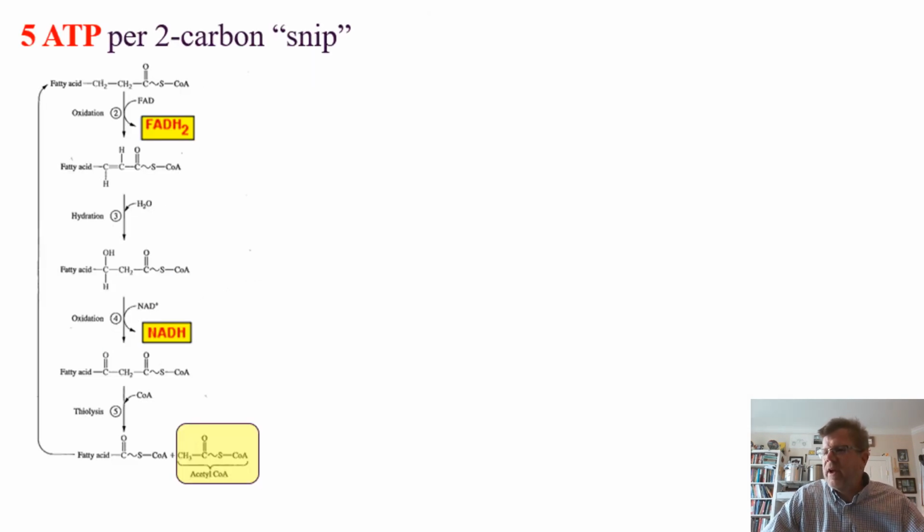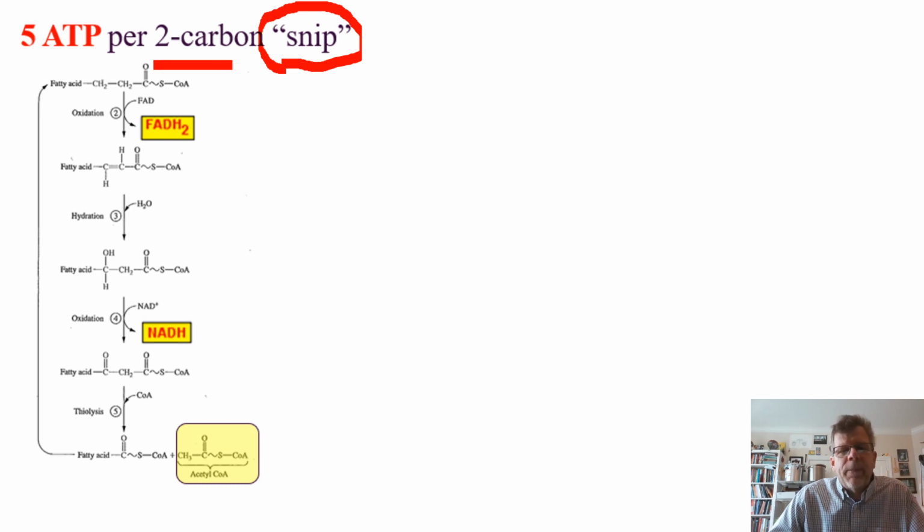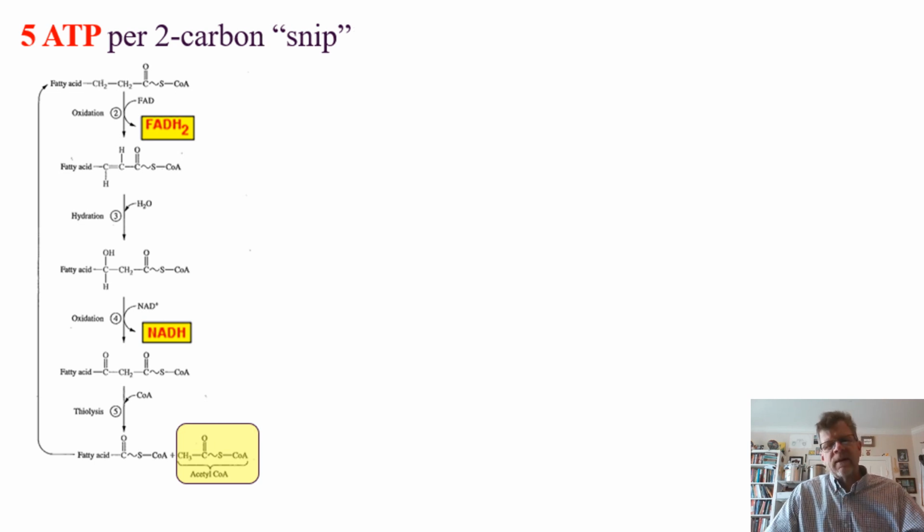So in beta oxidation, we are losing 2 carbons at a time from that long chain fatty acid tail. We're snipping it 2 carbons at a time. So I'm referring to this in an unscientific fashion. Each run through beta oxidation, I'll consider as a snip. Very unscientific, but a snip means 2 carbons are snipped from that fatty acid tail, reducing it in number by 2 carbons. So let's see if we can follow this through